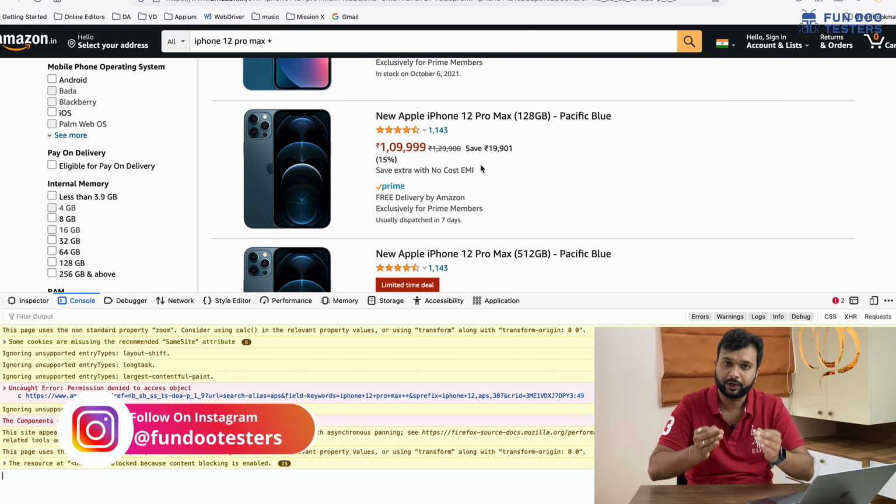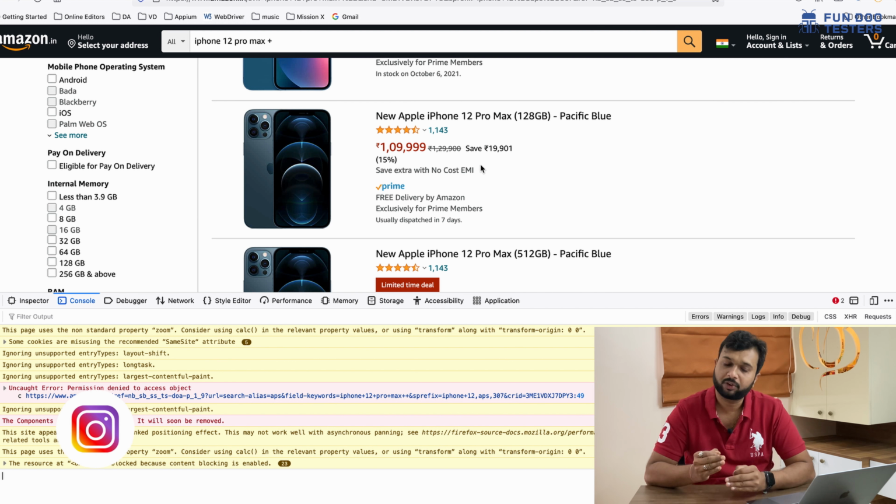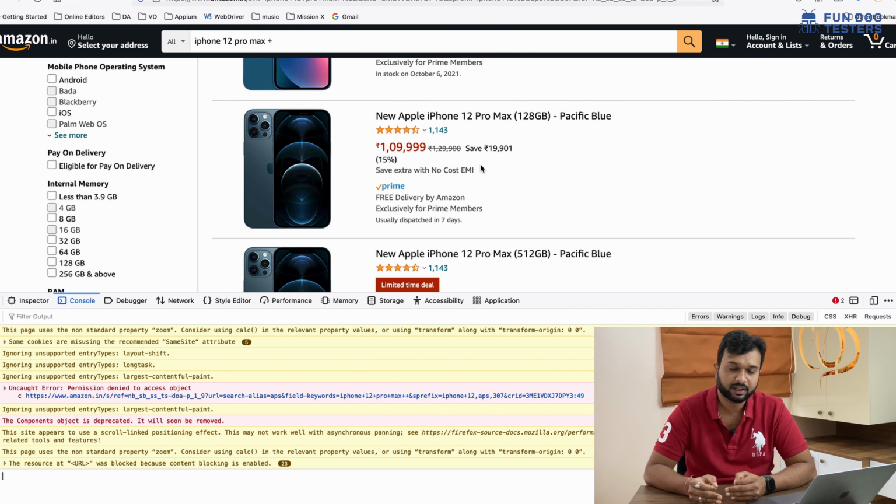And whenever we get any bug, first of all we have to verify whether it is a front end bug or UI bug. Sometimes a small UI bug can be a front end issue or a back end issue, or it can be an overlap issue. Whenever we get any bug, we have to do deep analysis.